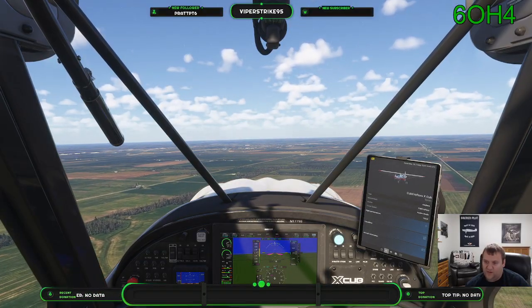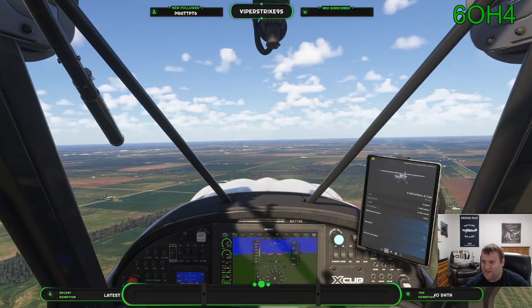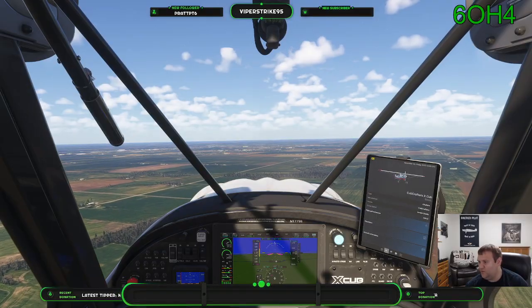So we're about to arrive into Bowling Green. We're about to arrive here for the first time, and then we'll take a small break.